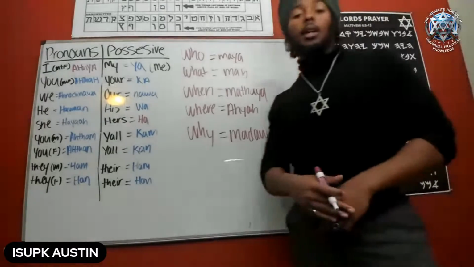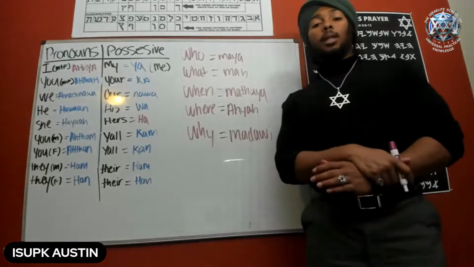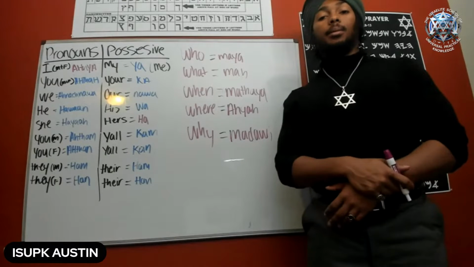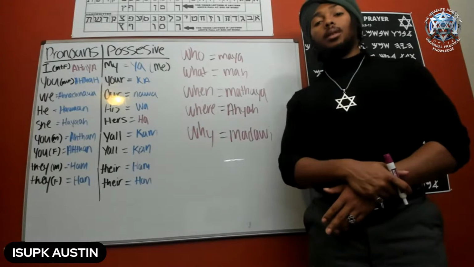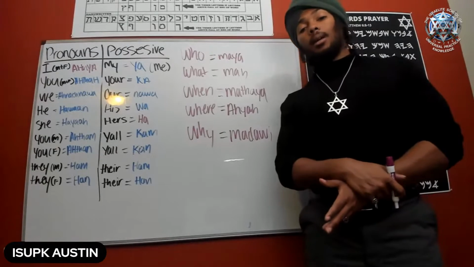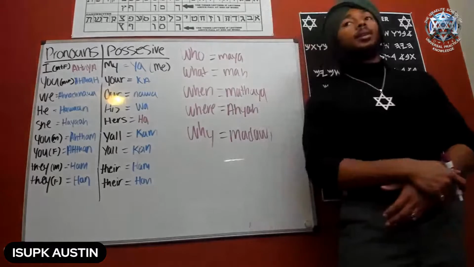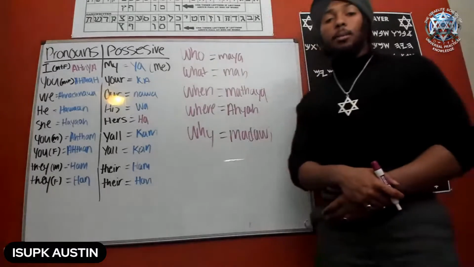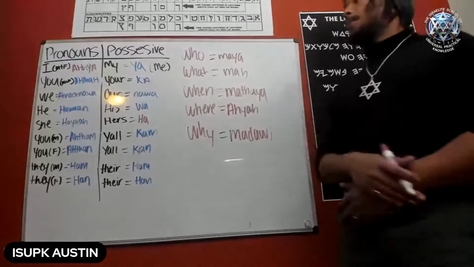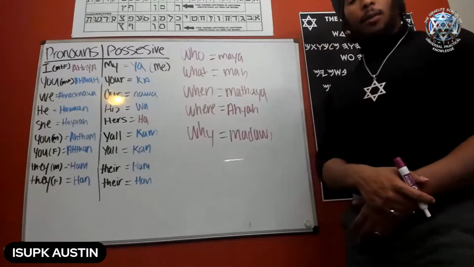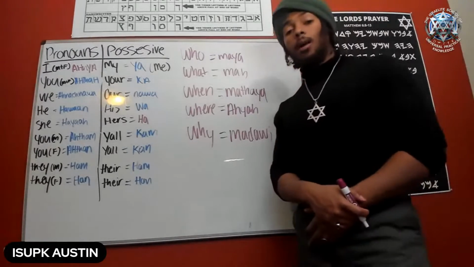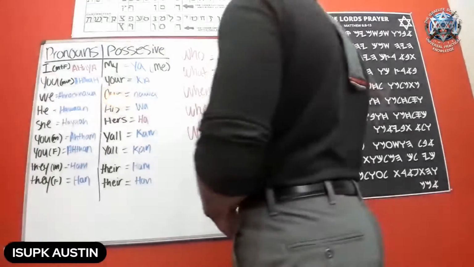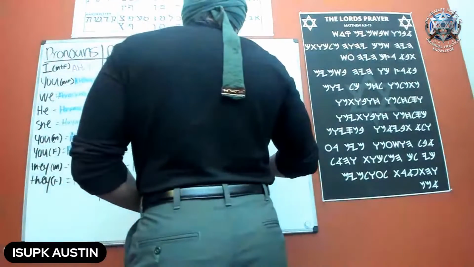So, for example, if I don't know how a brother is doing, I would say Ma Shalamka, rather than just saying, hey, Shalom. I want to actually know how the brother is doing. I would say Ma Shalamka, which would be what, based on what we have here? Break that down. I don't know if I did it last class, but think about it. I say Ma Shalamka. What word do you know in that? You know Shalom.